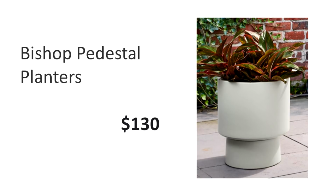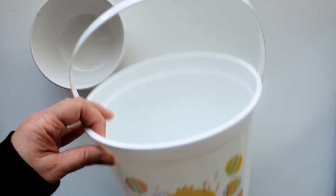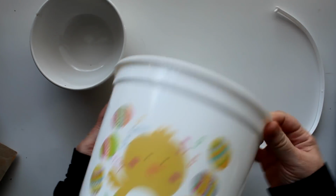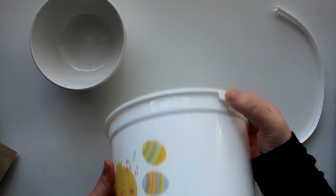For the last West Elm Dollar Dupe, I'll be doing the Bishop Pedestal Planter, retailing at $130. For this one, I'll be using this bucket from the Dollar Tree, this little Easter basket bucket, and the handle just pops right off. Now this is very similar to the one that we did for Anthropologie last video,